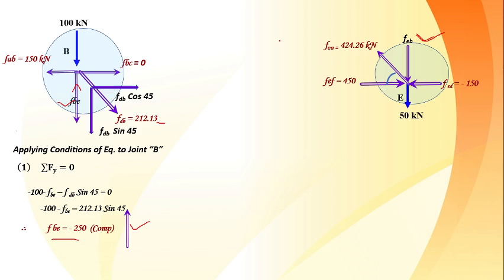So now if I am going to consider that random joint as E joint, so what happens here? I can apply the condition of equilibrium one by one. So here, in joint B only I have applied this particular check. So I am going to apply sigma Fx is equal to 0 condition. Is it okay? So minus 150 plus FBC is equal to 0 plus FDB cos of 45. This has to come equal, left hand side is equal to right hand side, means 0 is equal to 0.